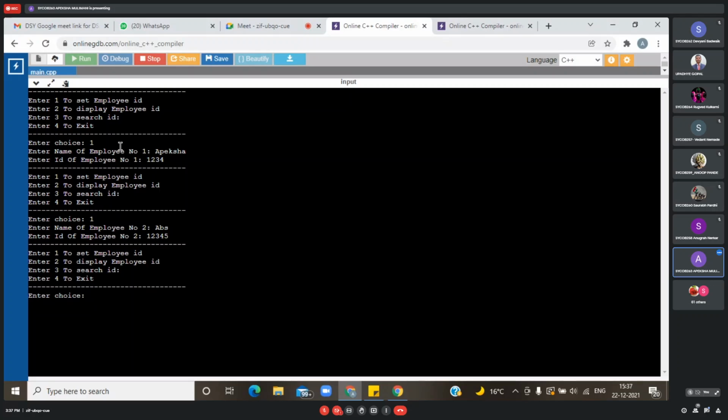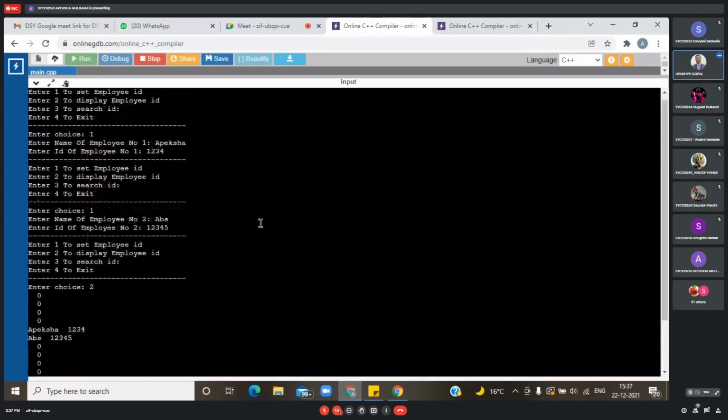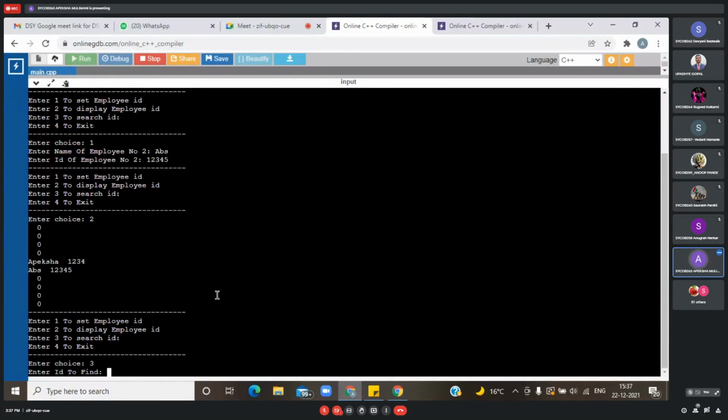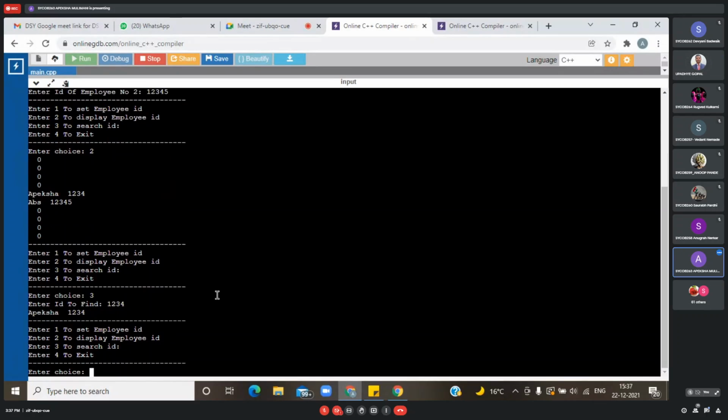For displaying. So it has been displayed and searched. It is searching. So yeah, Apeksha 1 2 3 4.